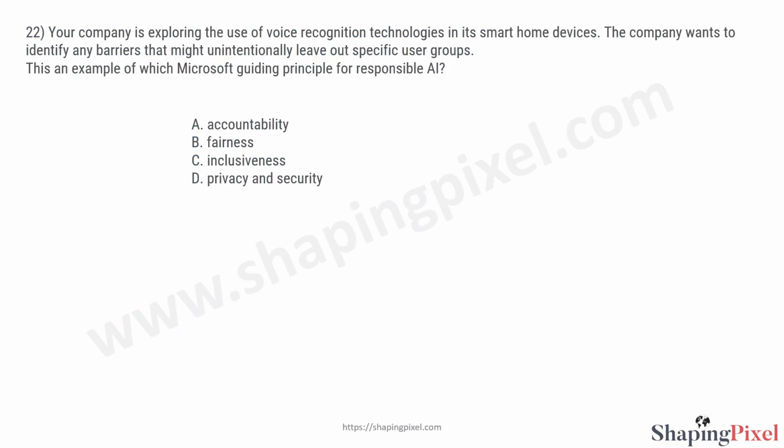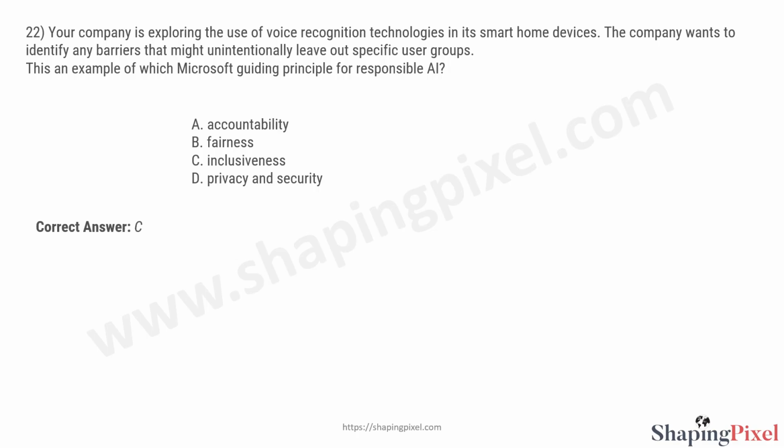Question number 22. Your company is exploring the use of voice recognition technologies in its smart home devices. The company wants to identify any barriers that might unintentionally leave out specific user groups. These are an example of which Microsoft guiding principle for responsible AI? And we have four options: accountability, fairness, inclusiveness, privacy and security. So the right answer here is option C,